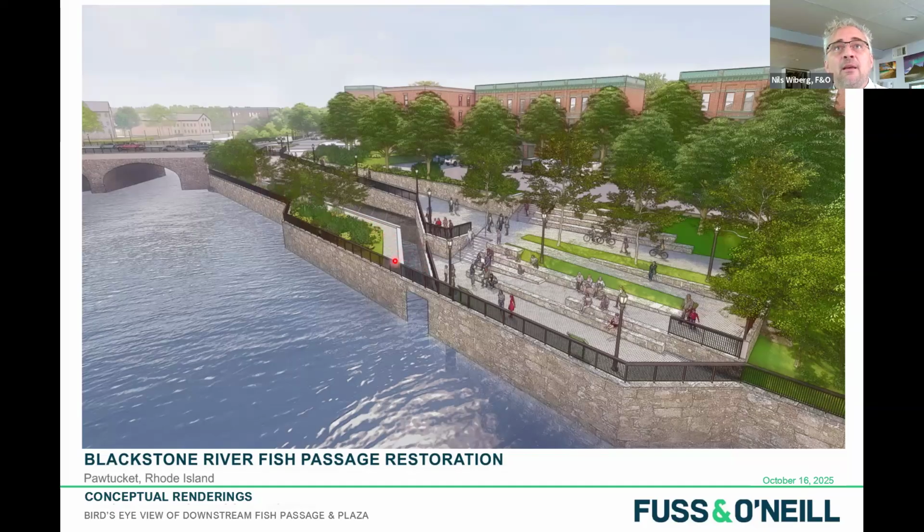So again, we have this walkway here facilitating RITEM's access, but these are design conversations that we're having. Our strategy is to put together a design that's a placeholder until the funding for the construction of these elements is in place, but to be able to include it in the permitting to CRMC and Army Corps. So anything that we do to enhance and make the final design revisions through the community engagement will be more or less within the footprint of the original permitted area, number one,